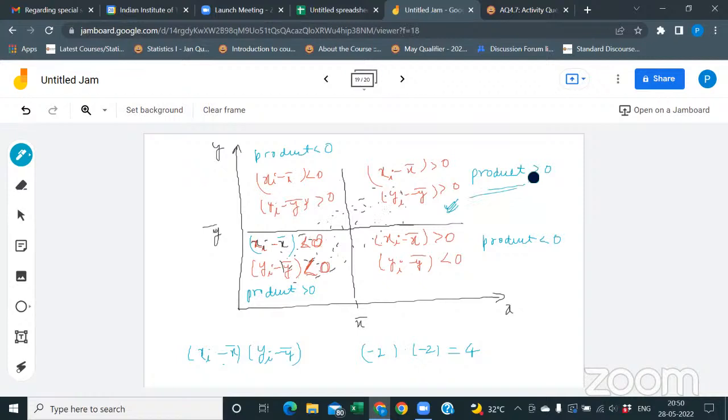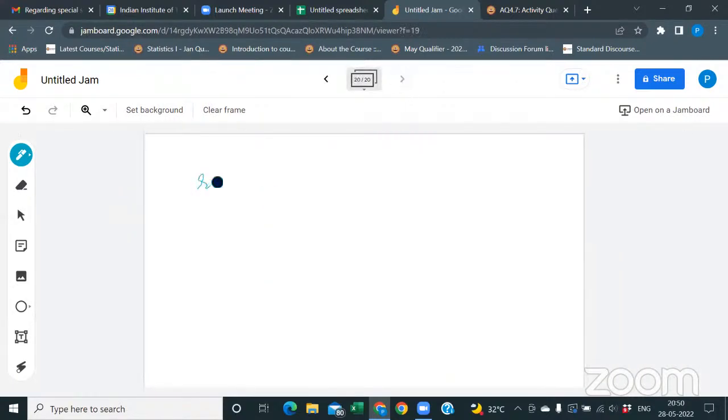Because what is the formula of r? R is nothing but the covariance of x, y